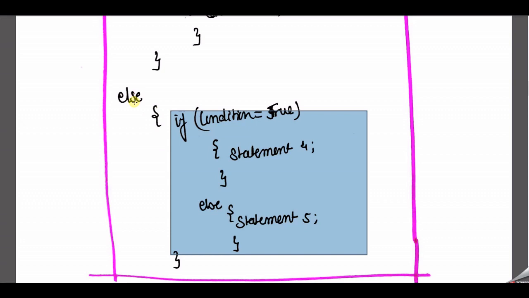Else if ladder means going again and again through the if-else in the inner loop. What does inner loop mean? It is the inner scope area, the scope area of the outer else. But here we see that there is again an if and else statement, and they have their own scope area. So this is called the nested if part.